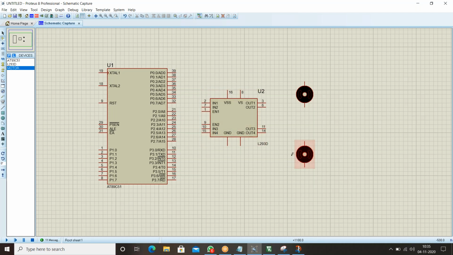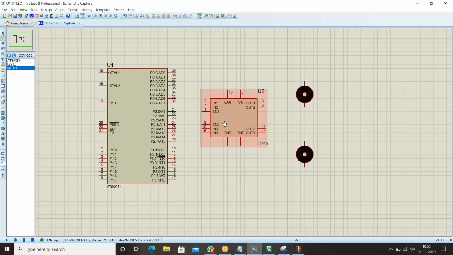Remember that. Here the enable pins are there. Input 1 and input 2 decide whether the motor moves in the forward direction, and I will show you how it works, what the values and cases are. But what is the use of enable 1 and enable 2? Remember, these two pins are used to drive the motor.